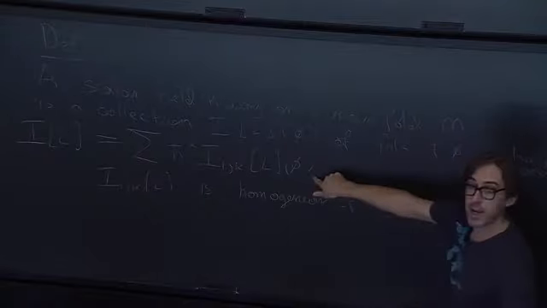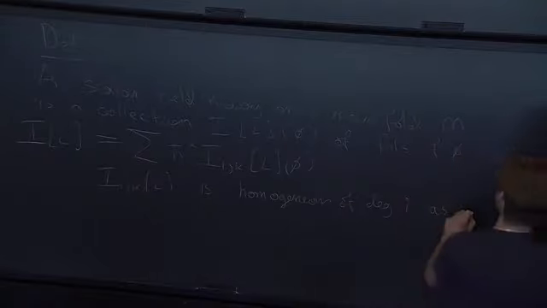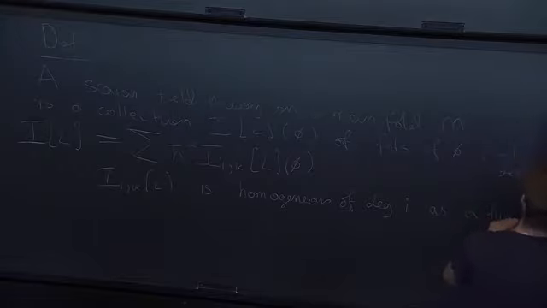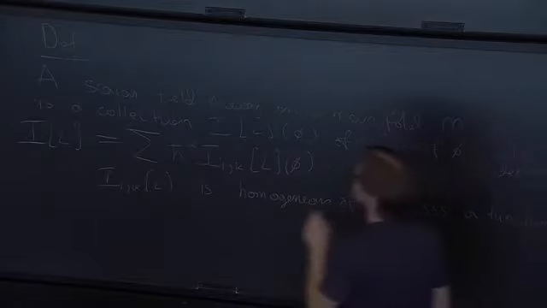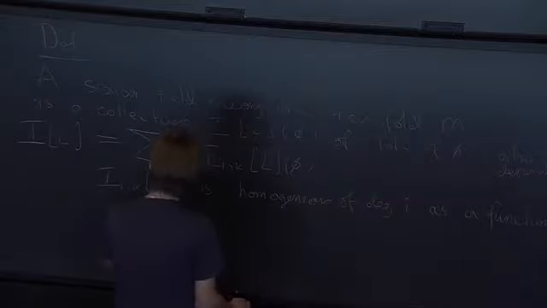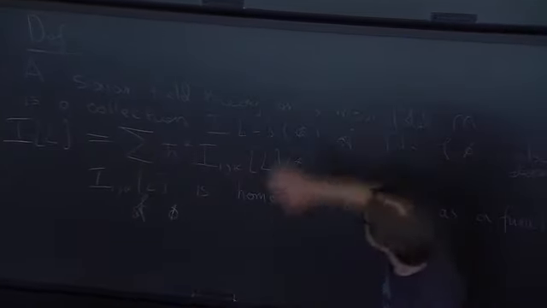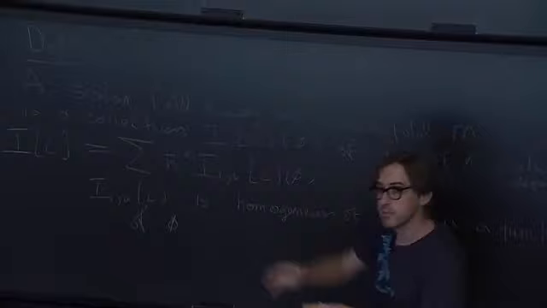We think of it as having k inputs, like k external lines, Φ. So the idea is that a theory is specified by these guys, which are the effective